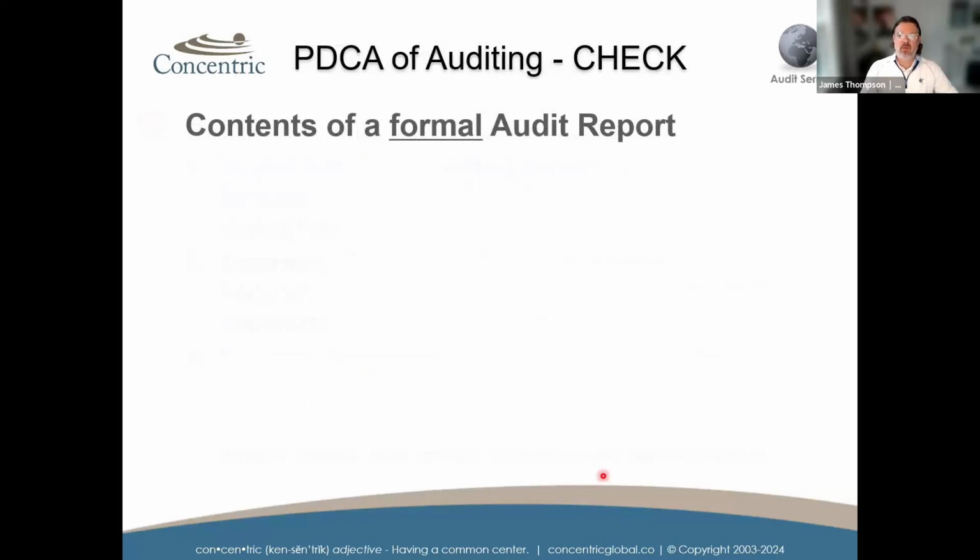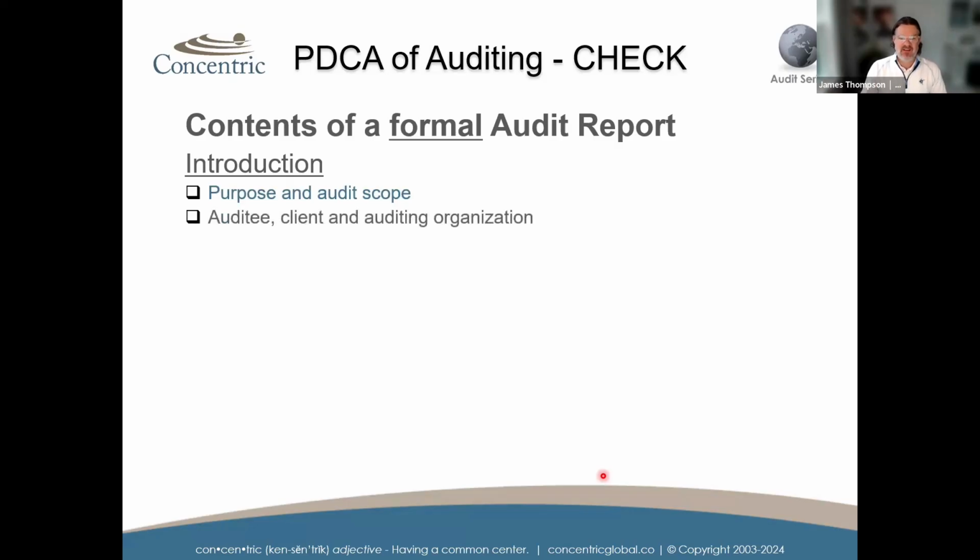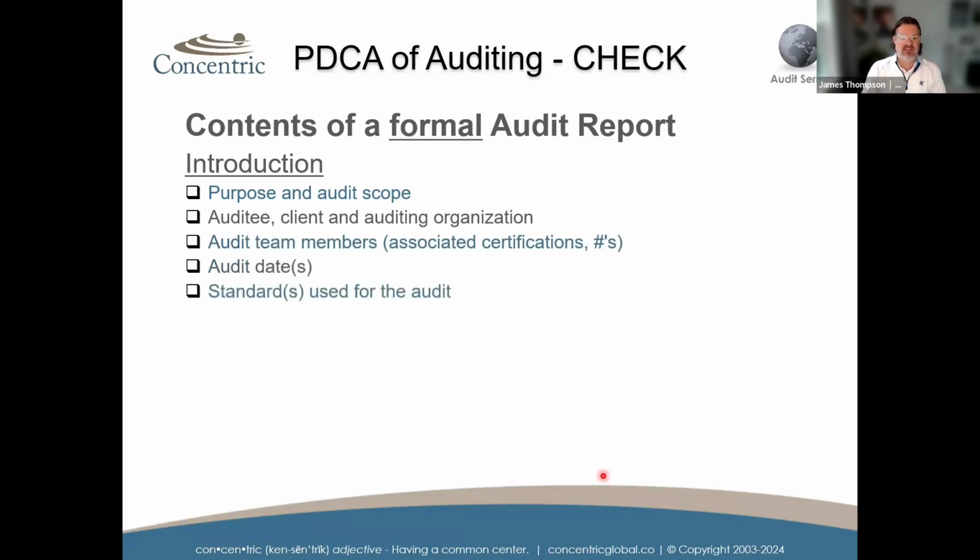So what are the contents of a formal auditing report? First of all, introduction. And this is when you're doing a formal report, typically with larger multiple process audits, or maybe a full system audit, or a gap assessment, or a re-registration, or even a surveillance audit. But this is something that's really formal. So you may not be this formal when you're doing just a one-off process. But introduction, this is the purpose and the audit scope. The auditee, the client and auditing organization, the audit team members, audit dates, the standards that you use,